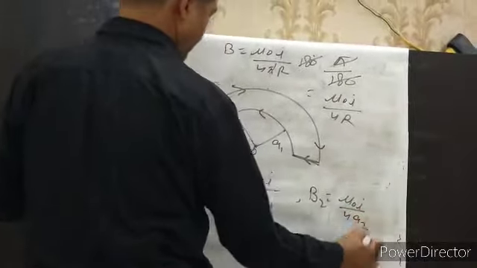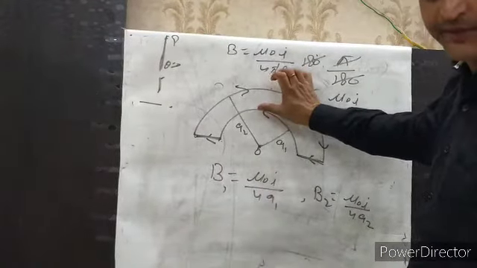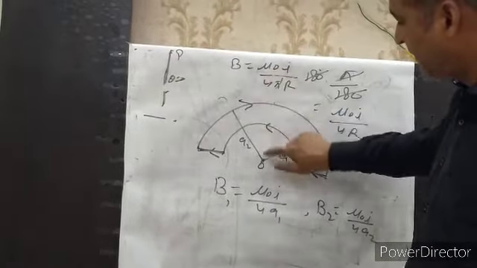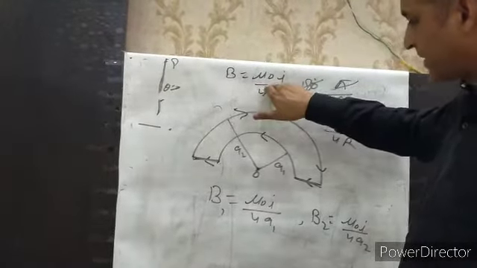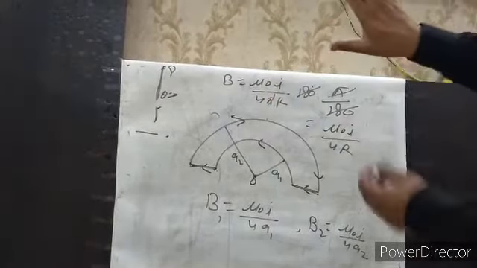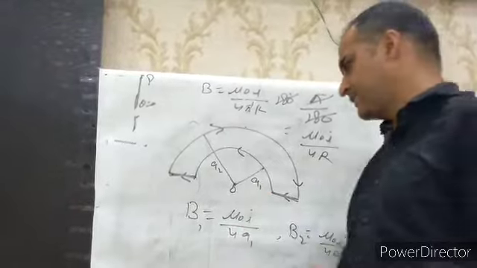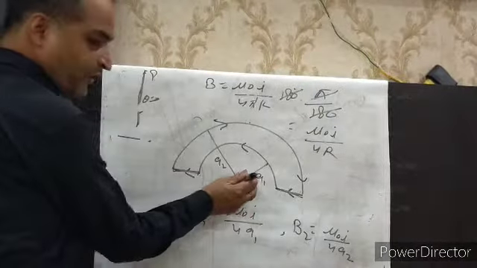Now we have to see the direction also. For the magnetic field due to the smaller loop, place your thumb in the direction of current. Above the point O, the fingers are inwards. To find the magnetic field at the point O, below the wire, the fingers are moving inwards and rotating, so at point O it is outwards towards you. Then the magnetic field at point O due to the smaller loop is outwards, towards you.